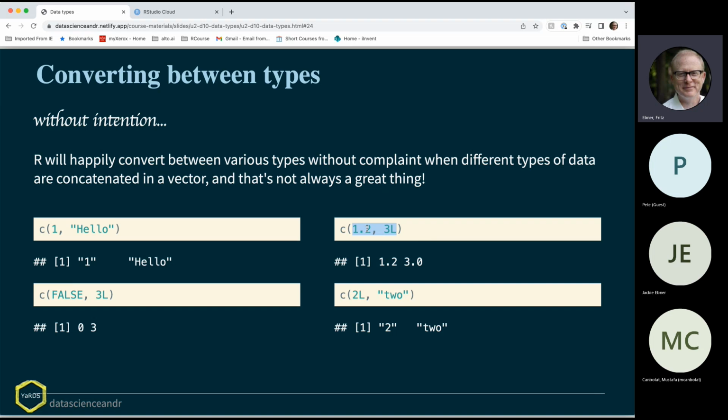I can convert an integer into a double just by saying it's a point instead of L, it's a dot, it's 3.0, but I can't convert 1.2 into an integer without changing its value, without rounding or truncating. And then integers and character strings. That's the same as the first one, except it's an integer. I can convert almost anything into a character string, but I can't convert a character string into an integer, and